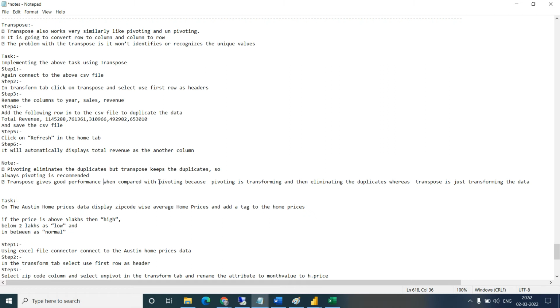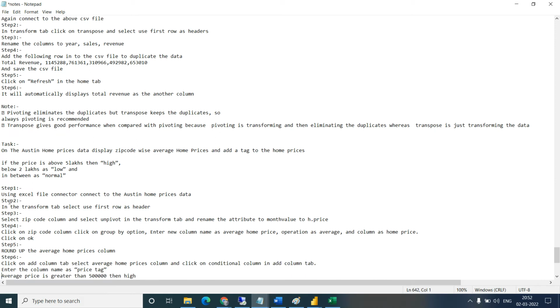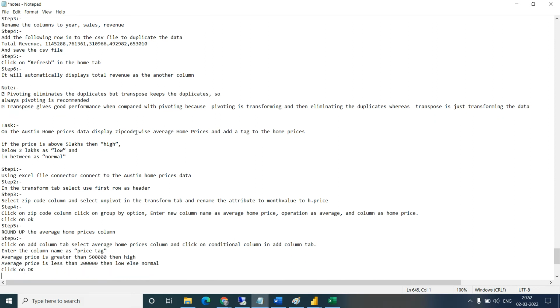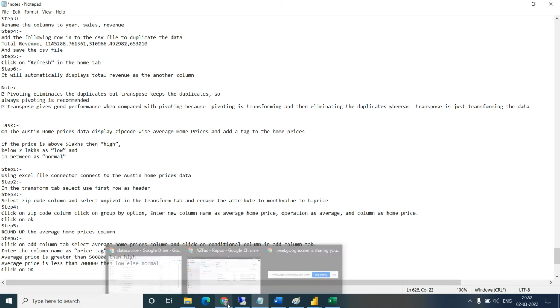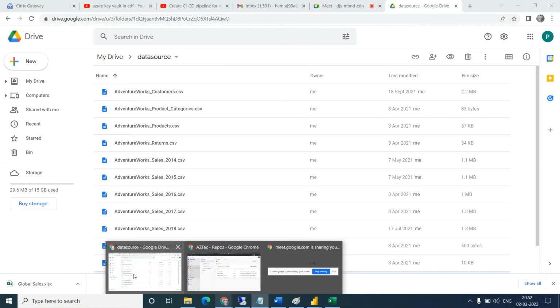Okay, so let's say there is a task on the Austin home prices data: display zip code, and the average home price. This example is actually not for... I don't think I have this Austin home price data. It should have been deleted; we can download it, so let me check whether we have it or not.